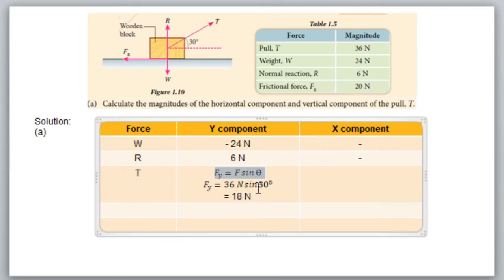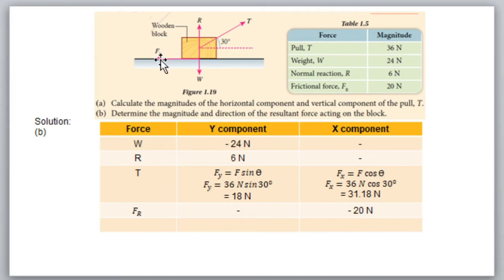For the x component, Fx equals F cos theta, F is 36 Newton, theta is 30 degrees, so the answer will be 31.18 Newton. And how about the frictional force? Frictional force Fr, we do not need to resolve it into components because it only has direction to the